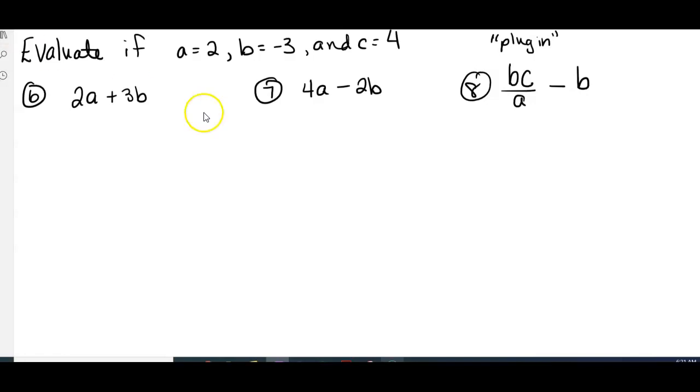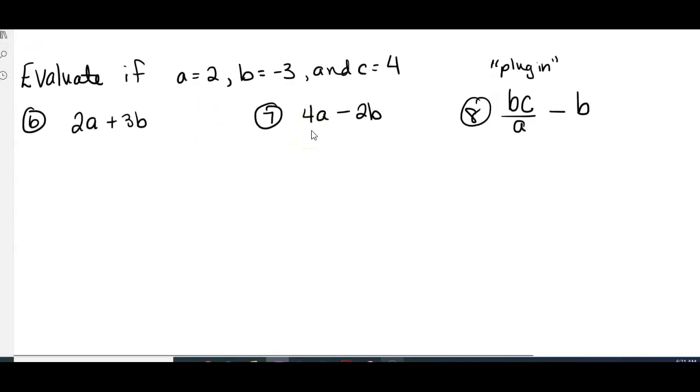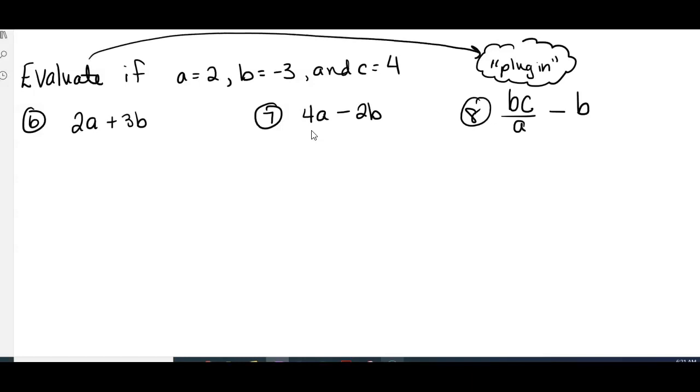If I can circle out what's going on here. There we go. Evaluate just means to plug in. Okay, so I would like you to copy all this down. And when you're ready to do the problems, go ahead and press play. Okay, so when I evaluate or plug in, what I do is I take my three values,